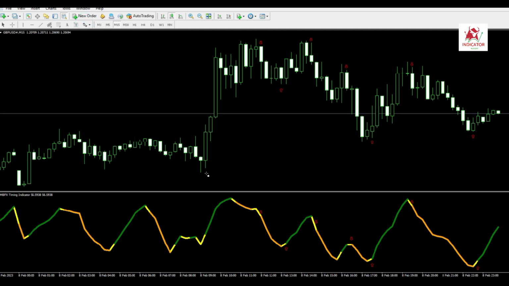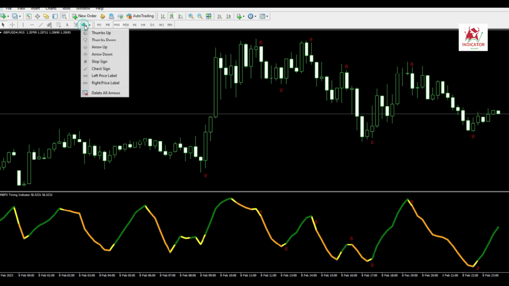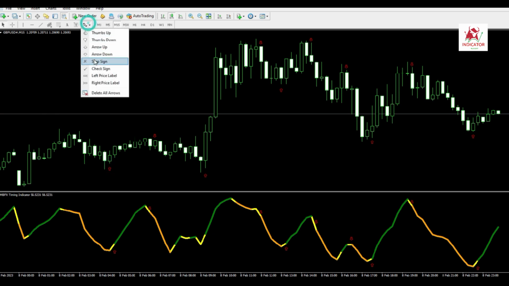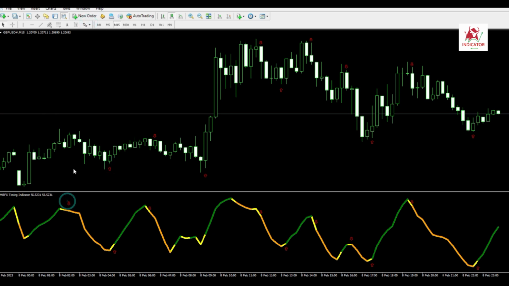The mbfx timing indicator is a developed algorithm that is used for trend trading. It performs its calculations, after which it signals the presence or absence of the current trend and its strength, after determining which, a trade can be opened in its direction. While this algorithm can be suitable for determining whether the market is in the oversold or overbought zone, the mbfx timing indicator is presented in the lower window of the price chart as a solid line, which, depending on the